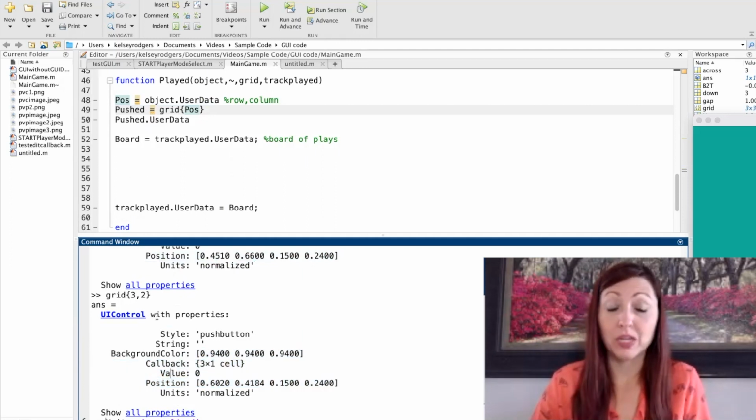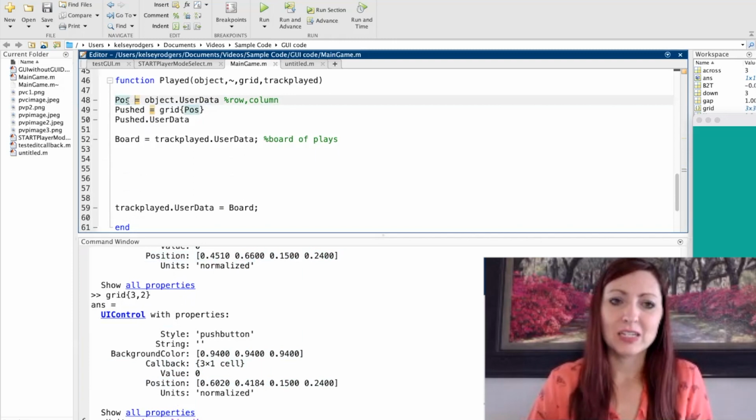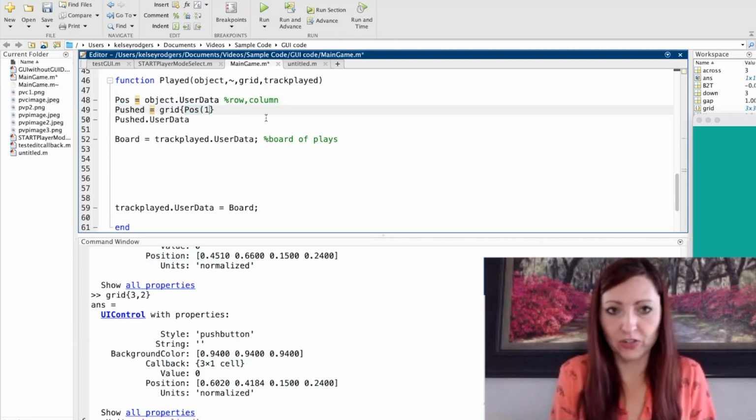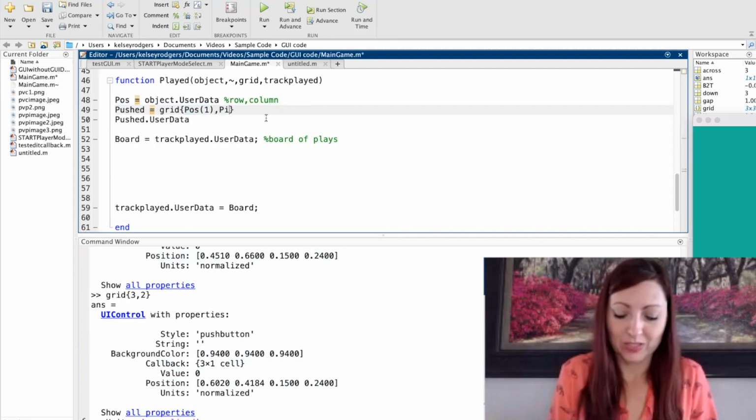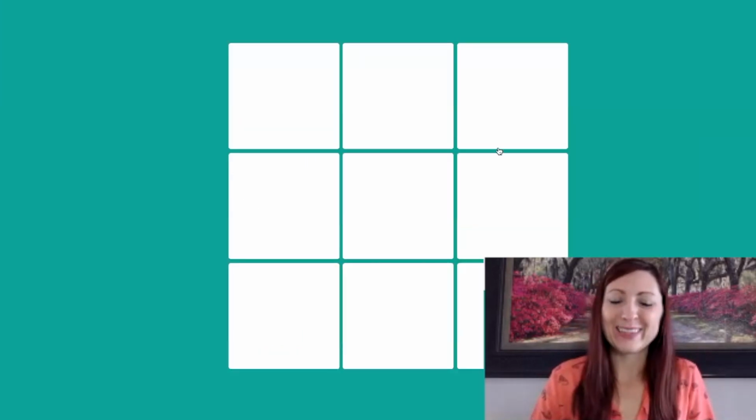So when I say 3.2, then it's giving me the one I want. So what that means is I need to be slicing these positions out differently. So then position, the first one, comma, position, the second one. Now if I run it, they will actually work. So this is going to be 3.1,